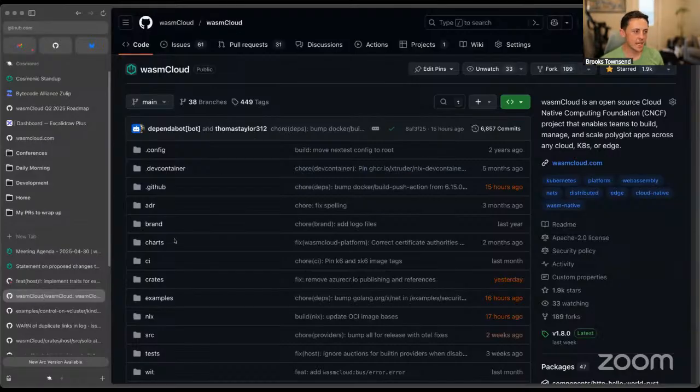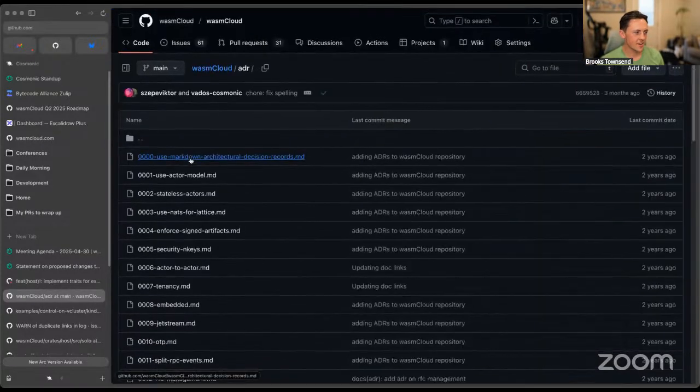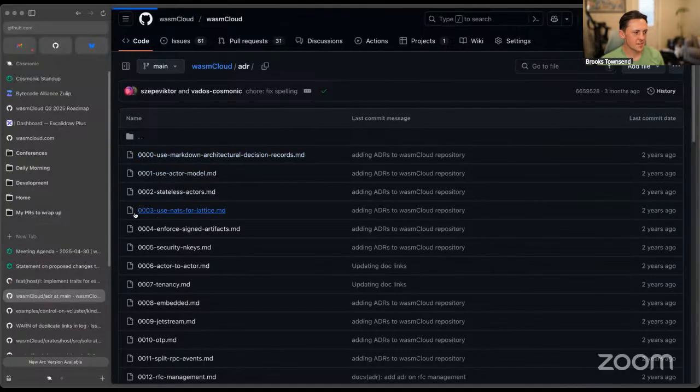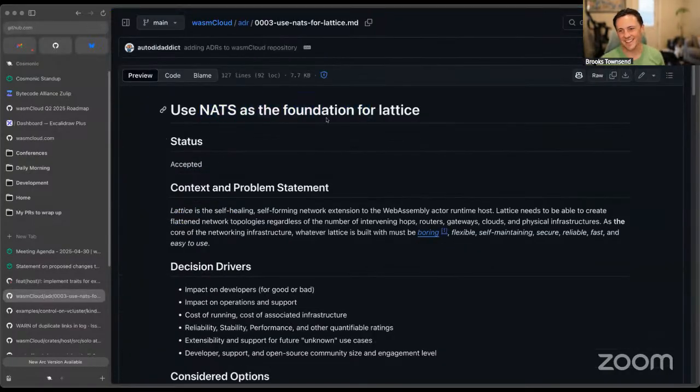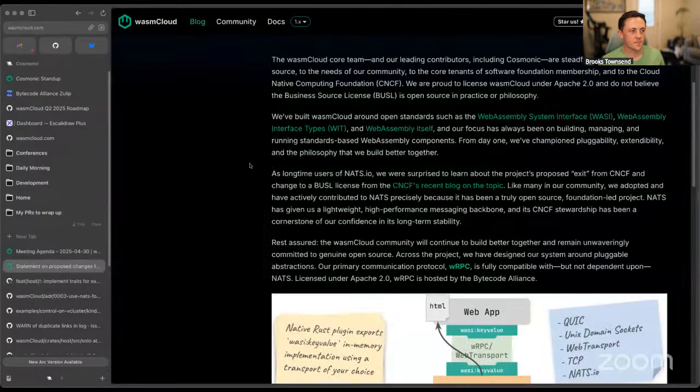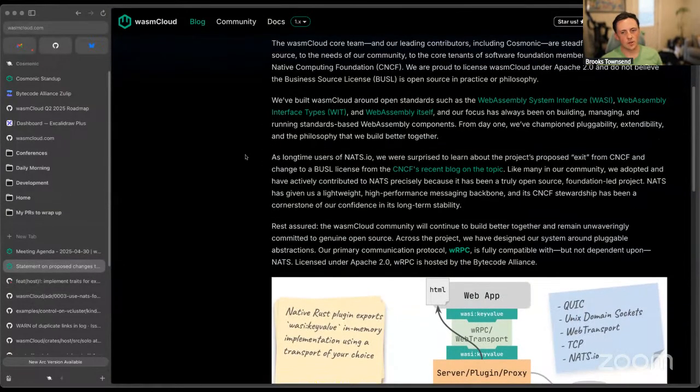to integrate tightly with. If you take a look at our ADRs, 0, 1, 2, 3, use NATS for the lattice, right? We've been using NATS as a core part of our platform for quite a long time. And really, the whole point of this blog post is just to say that we're not worried. We are dedicated to the CNCF as a project. That's what we believe makes this such a powerful community, to have all of these open source projects that